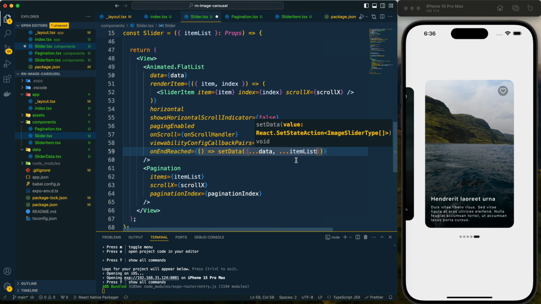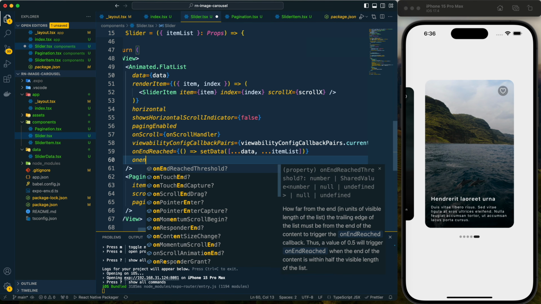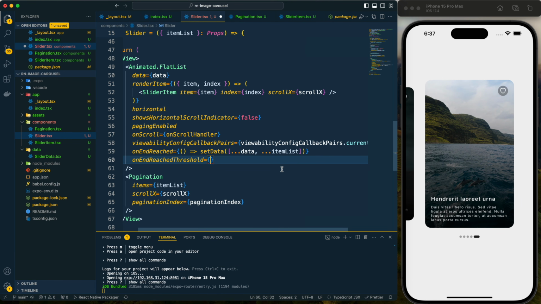I will add the item list data to this data when the end reached, and here for the on end reached threshold I will provide 0.5. That means when the end item is 50% visible, that time this on end reached function will trigger.